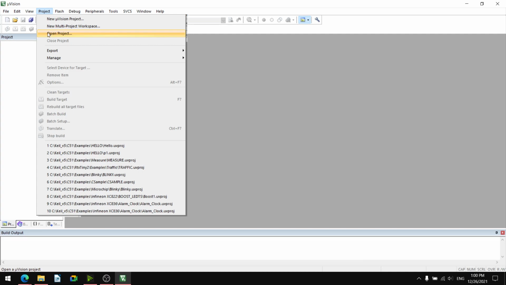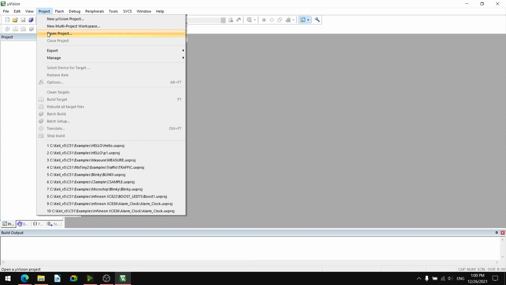For example, in Keil uVision 5, many examples are provided. If you install Keil uVision 5, the already available examples are in the C51 folder in the Keil folder. To open those examples, we can use Open Project.